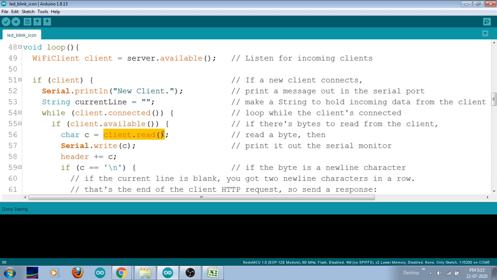Now we will be writing this character variable in the serial monitor. So Serial.write, in the sense that we will be seeing it through your server. Now this will be appended to your header variable. Already we have created one string variable called header. So in this header we will be appending all this data, that is, the client input. And next, we will be checking whether the read variable has any new line character or not. Okay, if there is a new line character, then we have to stop that particular reading process, and we have to execute the incoming commands.